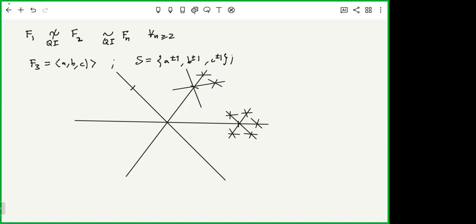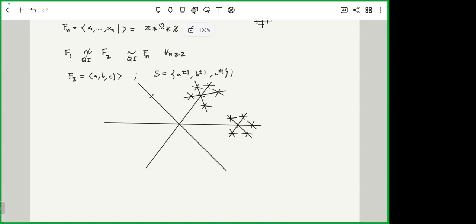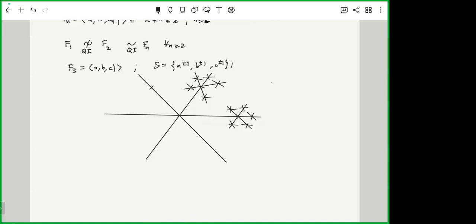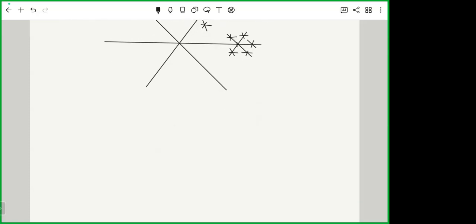So it turns out that from far away, this space looks like a Cantor set. So in this sense, from far away, both F3 and F2 look like some Cantor set, not with the topology of the Cantor set because it is compact, but they look the same. They look the same. So what is this telling us? It is telling us that this rank is not a quasi-symmetric invariant.